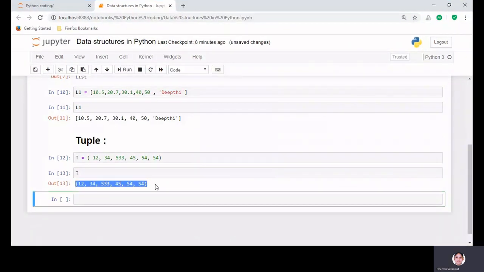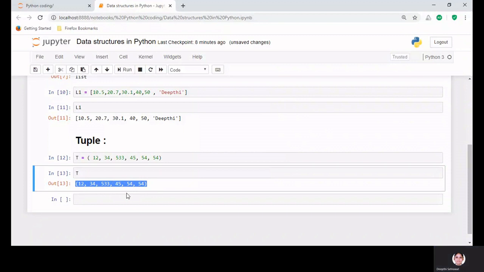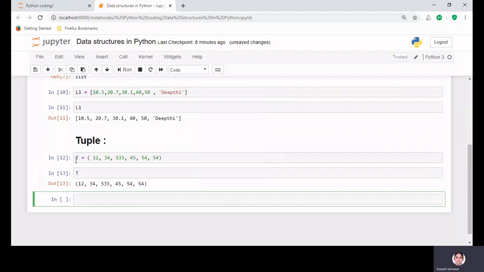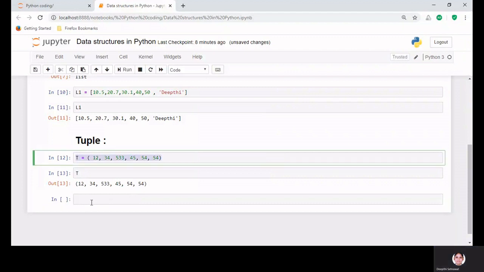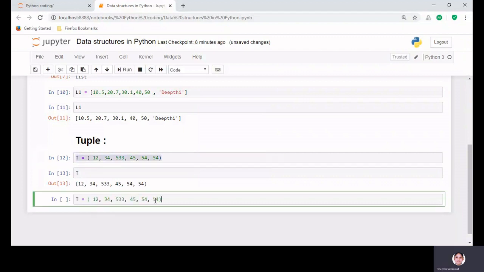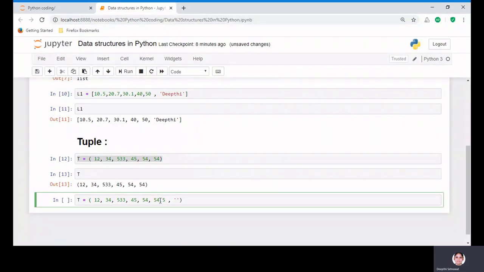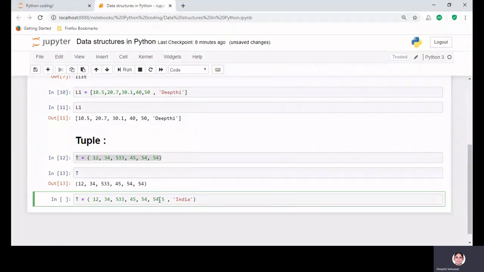T holds different elements. Let's see if it can hold the other data types or not. So here I'll make it a float value, and here I will try to add something. Let's say I write India.